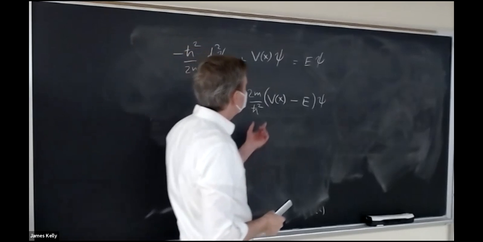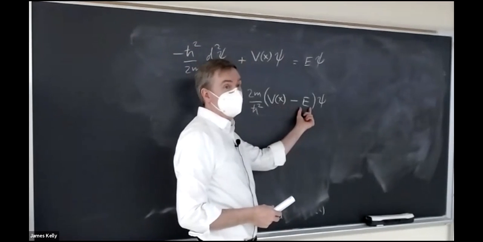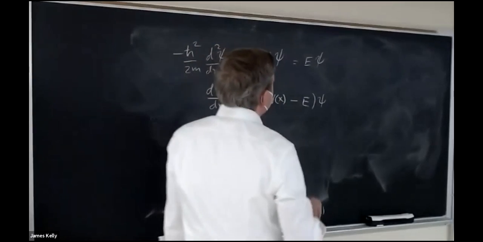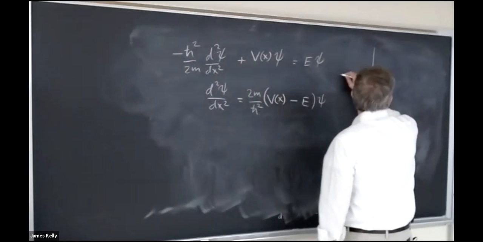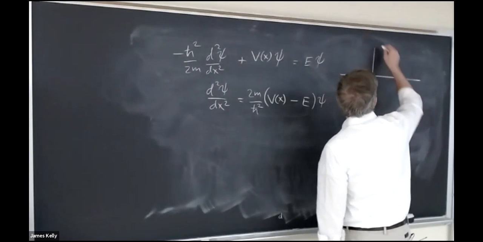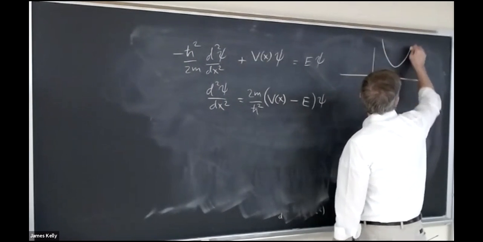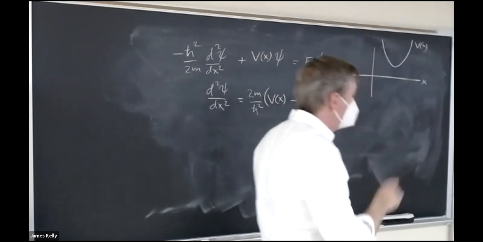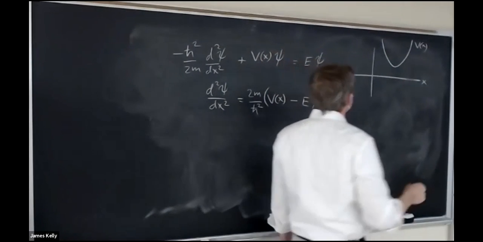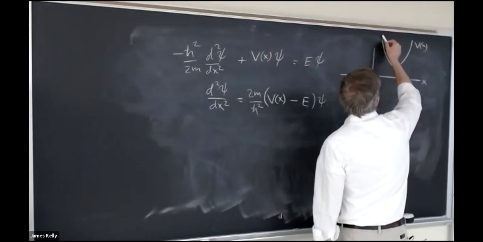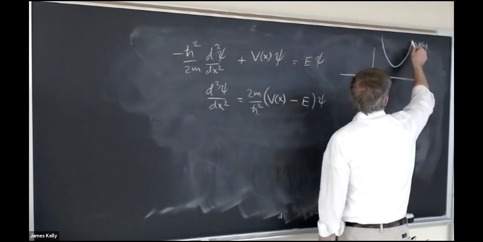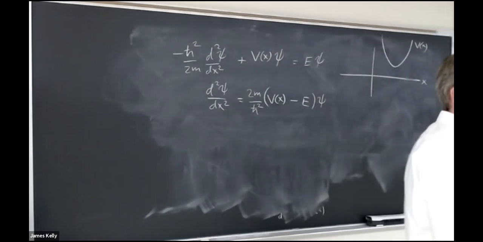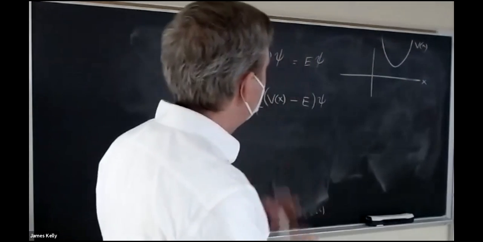Now, here's what problem 2.2 leads you through. And I don't think I assigned it, but it's pretty easy to actually do. Let's think about our potential energy. It doesn't have to be a harmonic oscillator potential energy, but if I plot V of x as a function of x, I'm just drawing a picture that looks like the harmonic. It could be any shape you like for the potential energy. I'm going to draw some potential that has a minimum value. In other words, it doesn't keep going down and down and down, and we'll see there's problems with potentials that keep going down and down. But if there is a minimum,